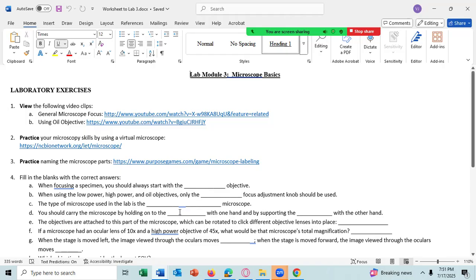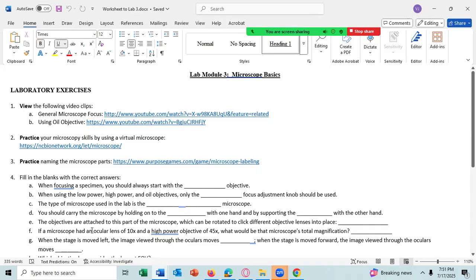And you note this is 2 names to it. So you can't just say the light microscope, you have to say another name. And 4D, you should carry the microscope by holding on to the what with one hand and supporting the what with another hand.